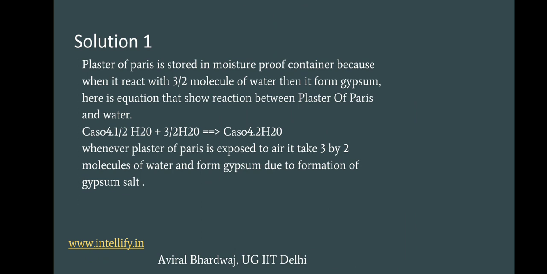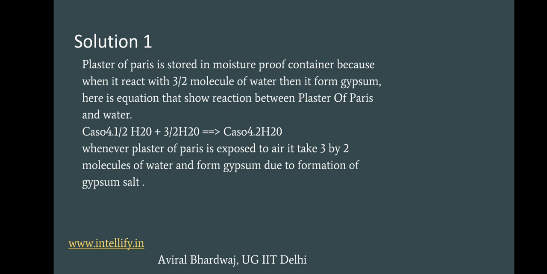And the solution is, firstly we know that plaster of Paris is a mixture of many materials. It is soft in nature. We use it for making children's toys, casts for patients, etc. We must prevent it from becoming solid. It will add 3/2 molecule of water to form gypsum.